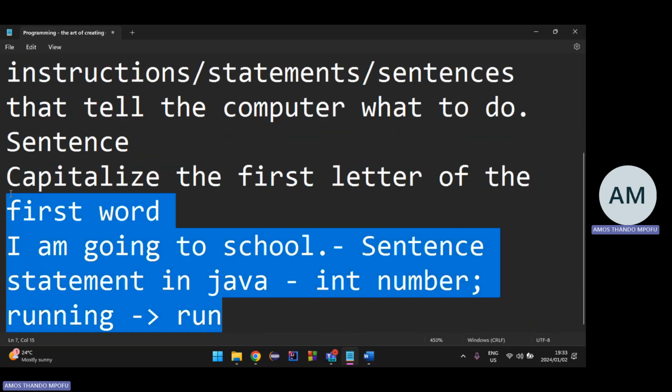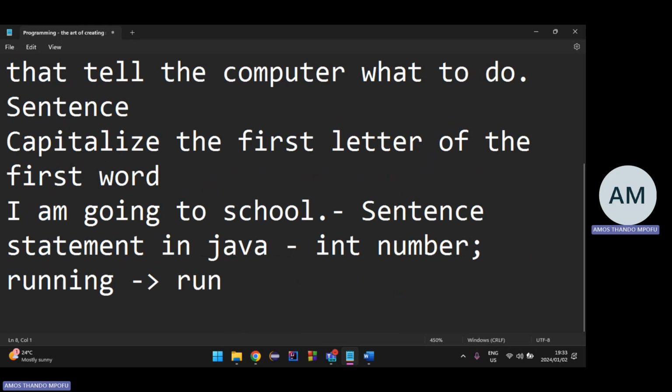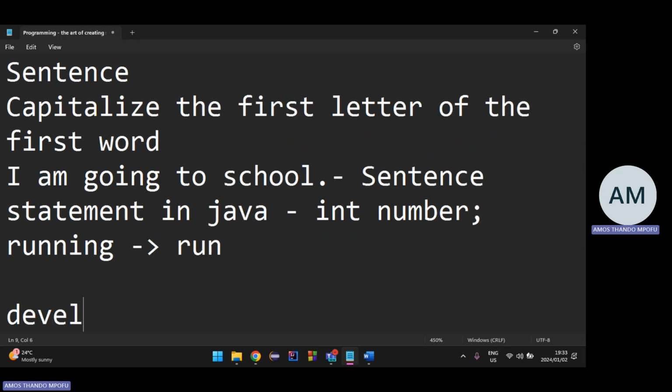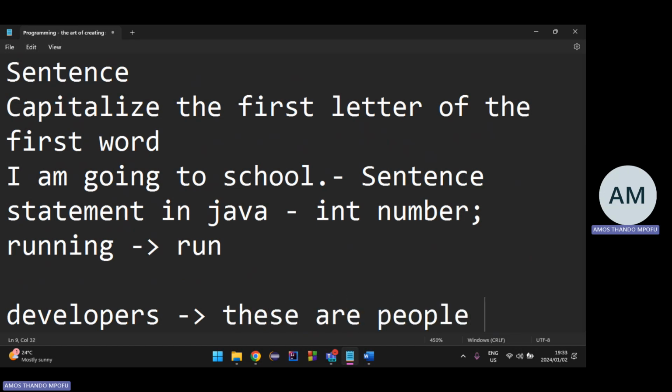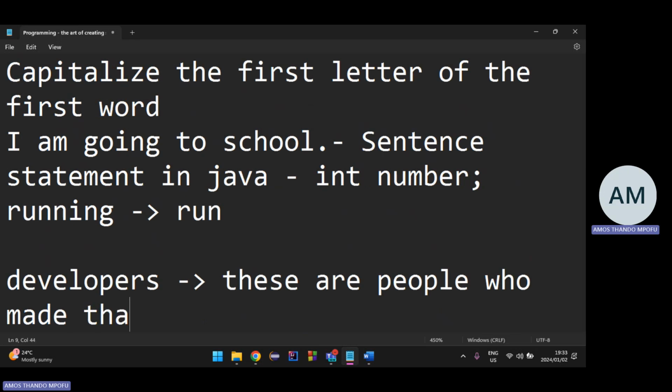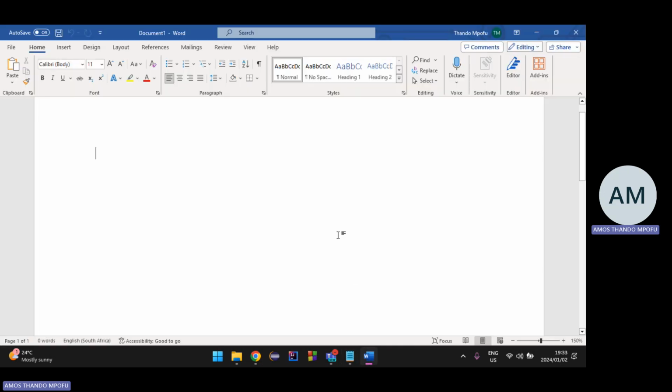We should also become familiar with this term, developers. These are people who made the program. So when I say the developers of Microsoft Word, I mean the makers, the people who made this program, this app.